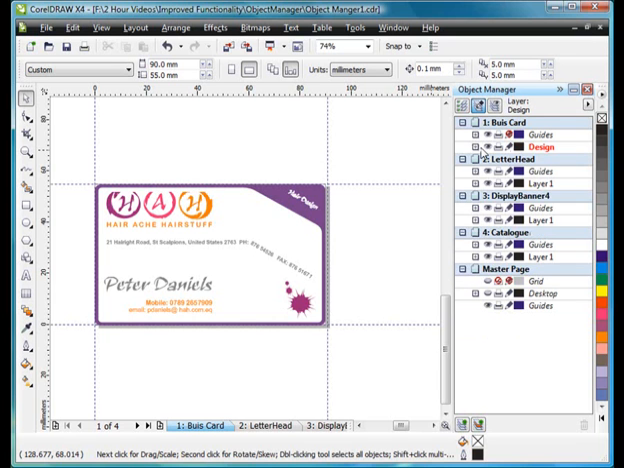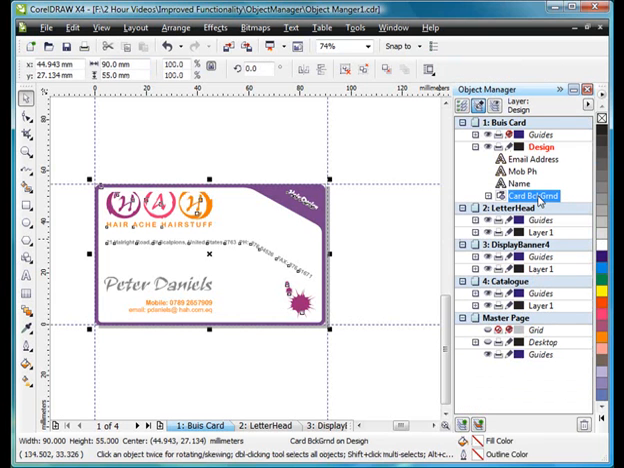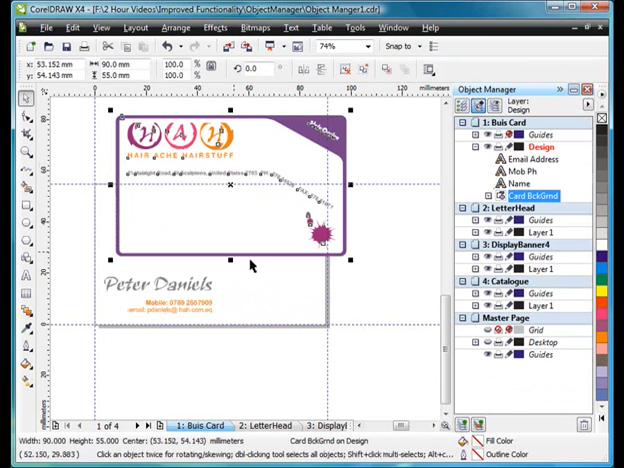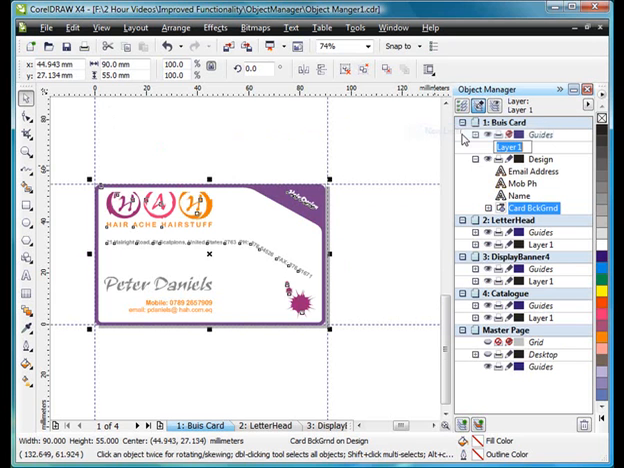So I'll collapse that and we'll just have a look at the design layer I've got here. If I close that up, this here is a group of objects. Open the tree up, those are all the objects inside the group. This group is the design part of my business card. That's why I've called that the design layer. But what I'm going to do is I'm going to create a brand new layer. So I'm going to right click, new layer, or I could have actually clicked the little icon down here, and